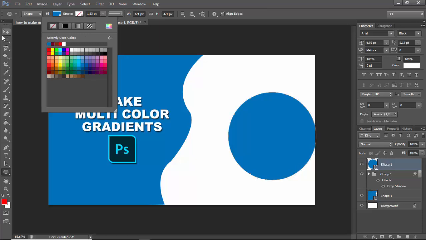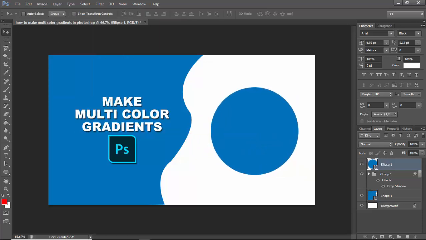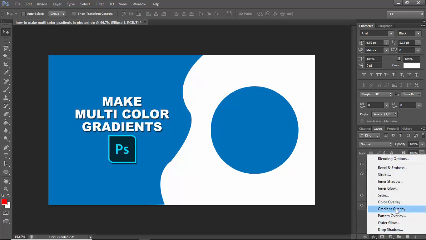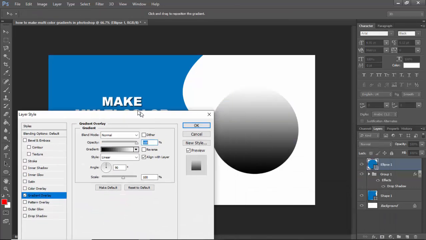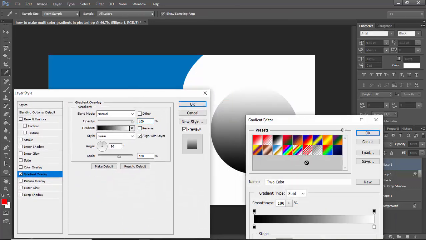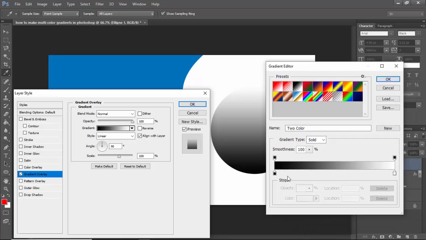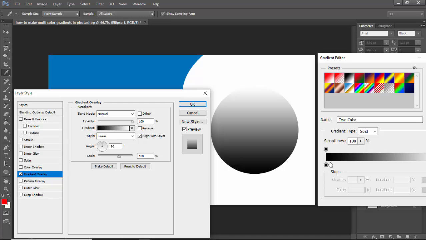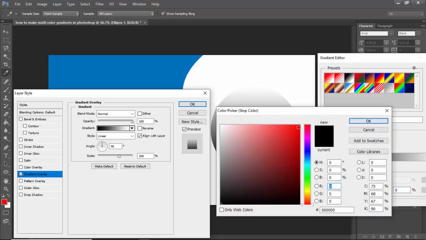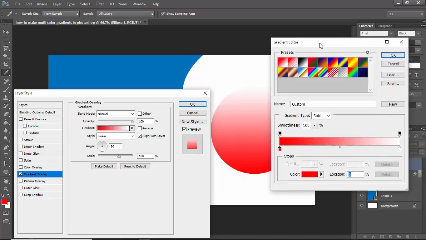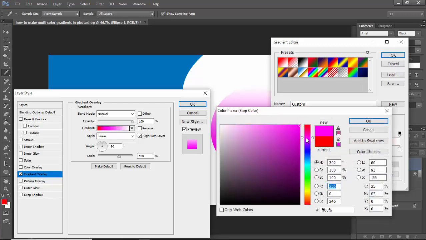Do not use stroke. Then hold control, middle click, effects, gradient overlay and click the gradient. Select any plate or create a custom plate. I use custom plate, then double click, use this color on and again click this, use color 2,